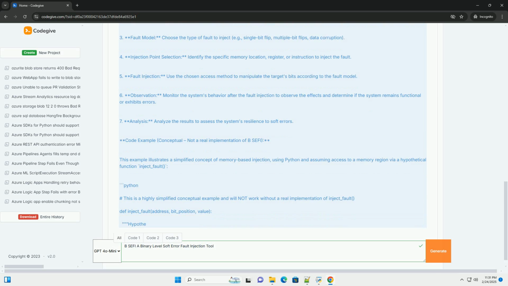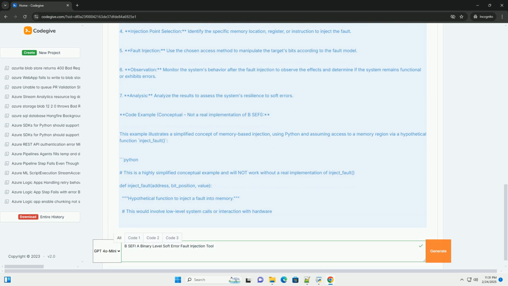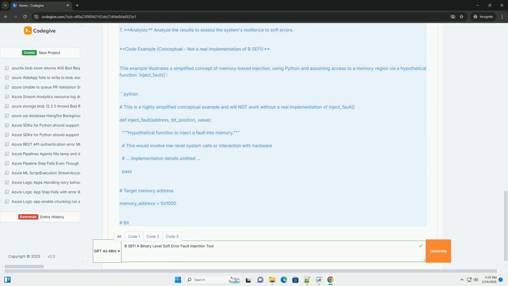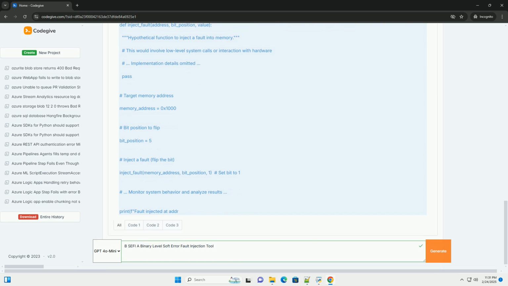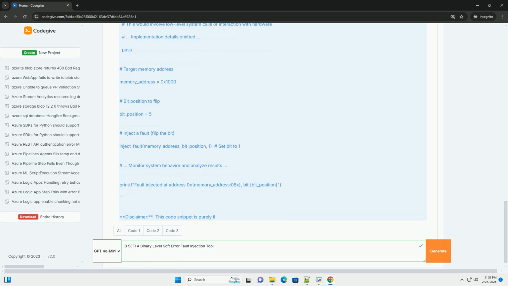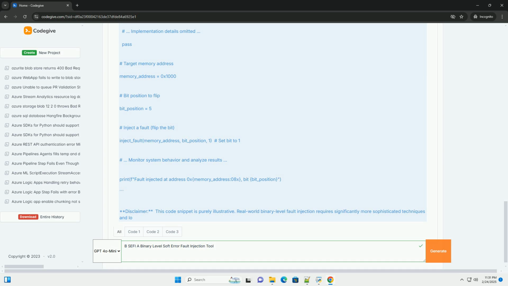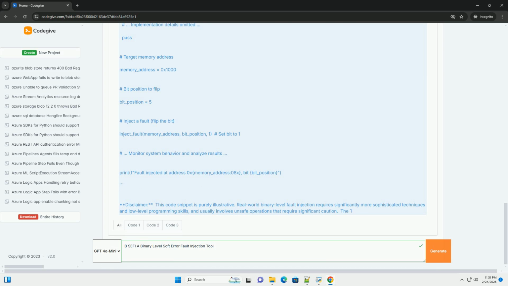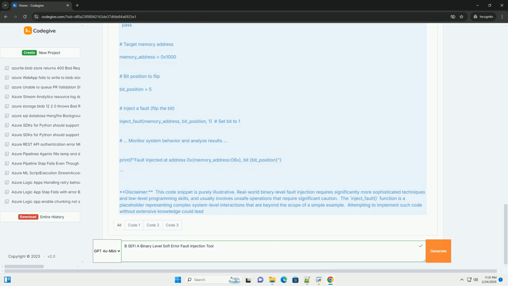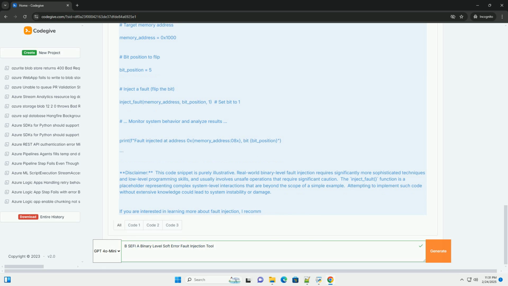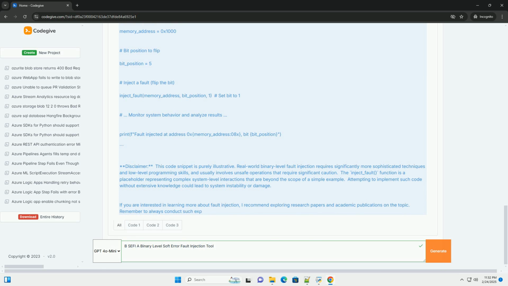However, I can provide you with a conceptual overview of binary level soft error fault injection and discuss some of the general principles involved. This will give you a foundation to understand the concepts, even without access to a specific tool like BSEFI. Soft error fault injection, SEFI. A conceptual overview. Soft errors are transient faults caused by high-energy particles flipping the state of a bit in memory or logic circuits. SEFI techniques aim to simulate these errors to test the robustness of systems. Binary level injection is the most precise approach, directly manipulating bits at the lowest level. Methods include